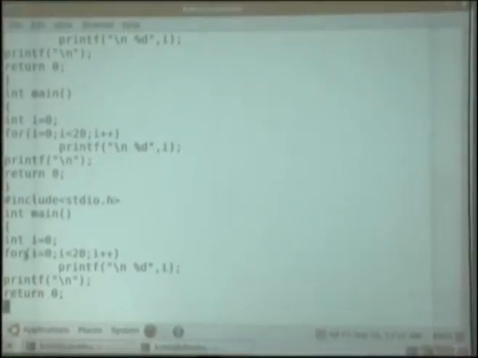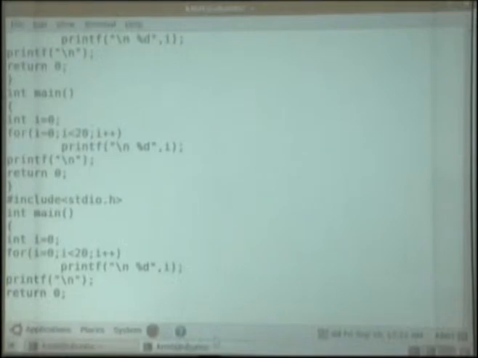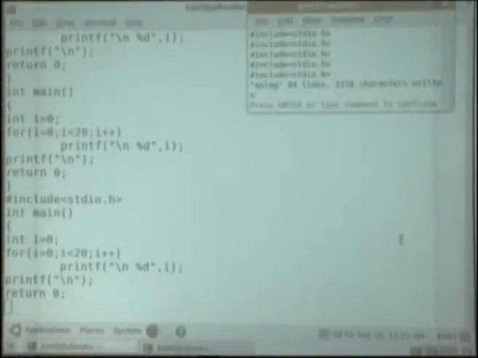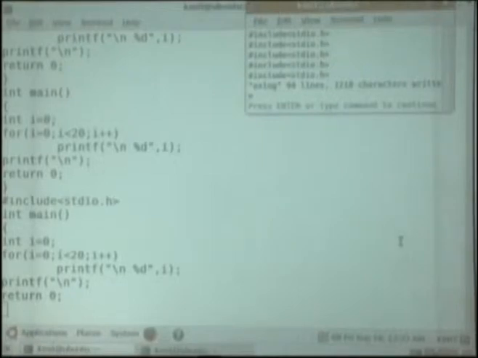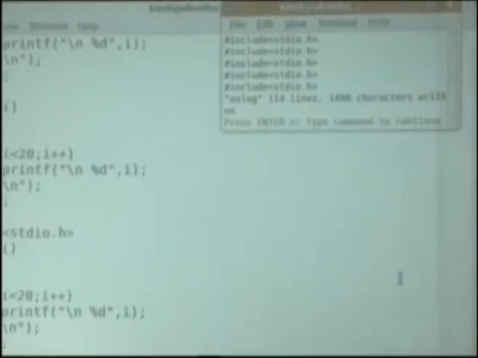So whenever we write, you'll see the change here. Then 20 lines pasted, then write.